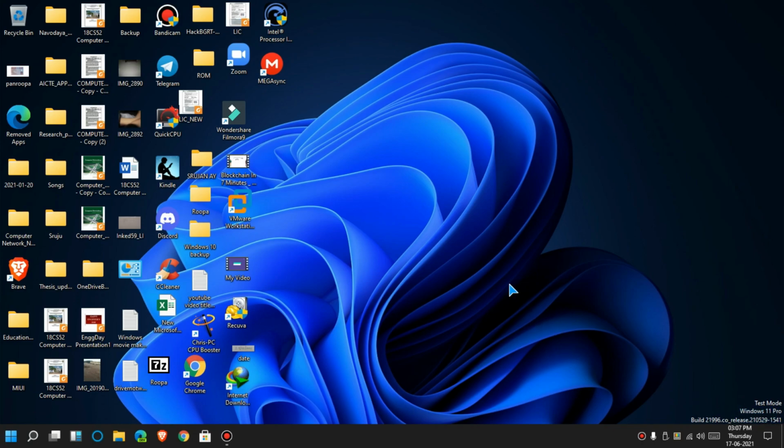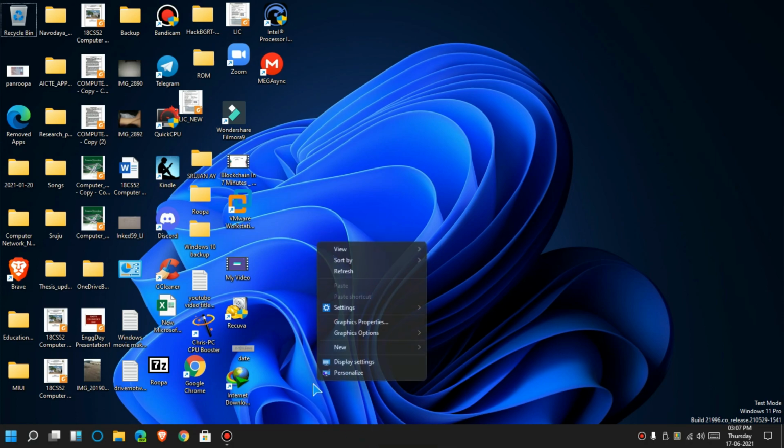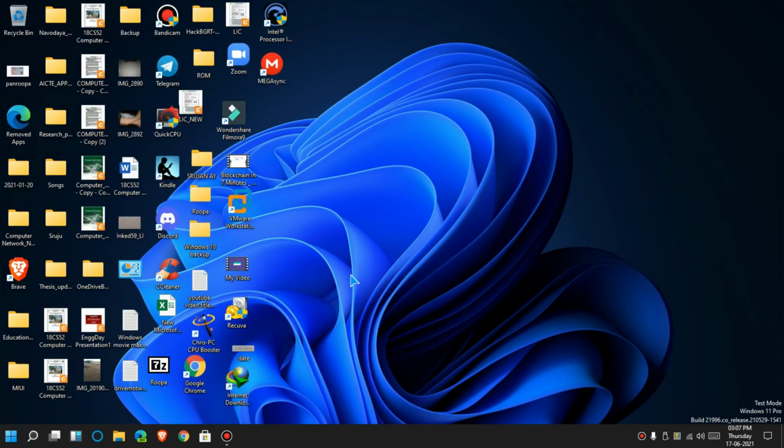Now it is a developer preview, that's why install it in a virtual machine, not in your main PC. I have installed it on my main PC and it is running buttery smooth, but your hardware should be very latest, okay, so then only install Windows 11. Anyway, for download links of Windows 11, check the description box below or the comment section.